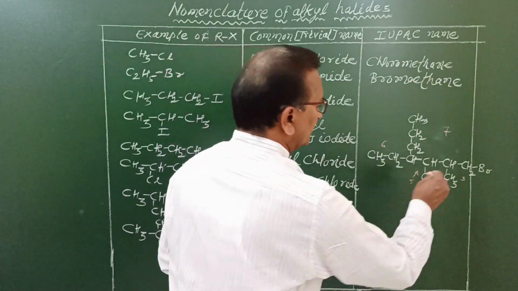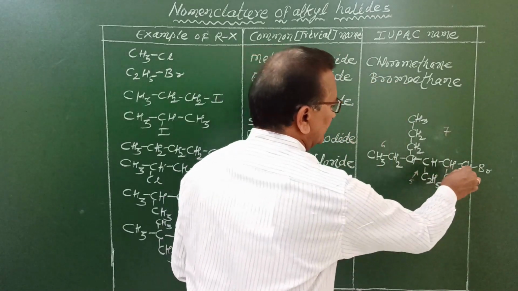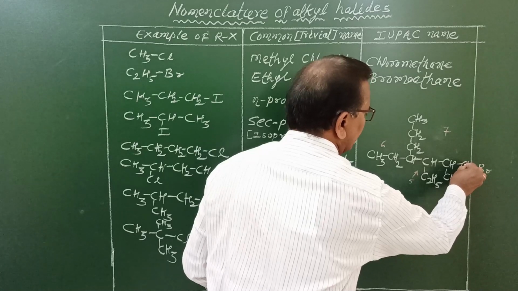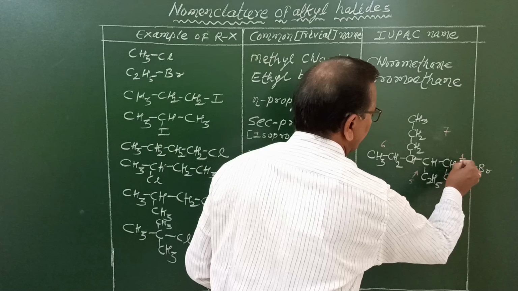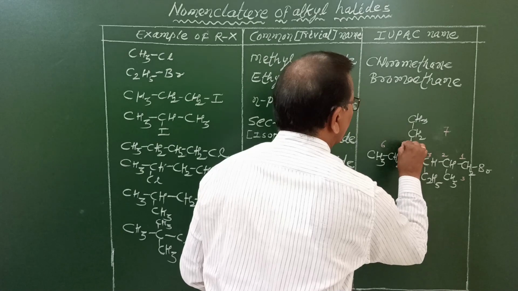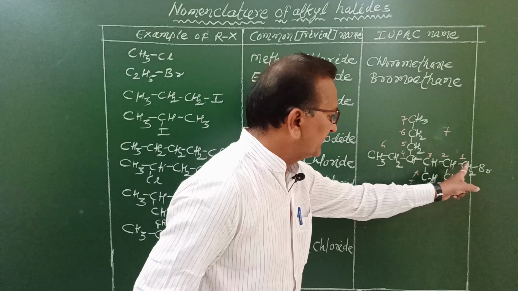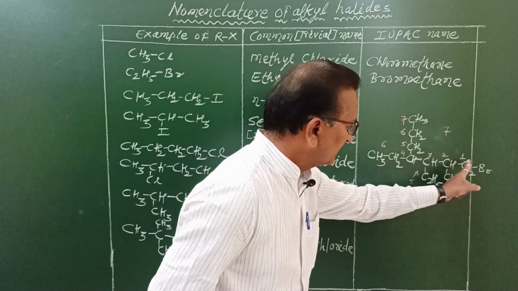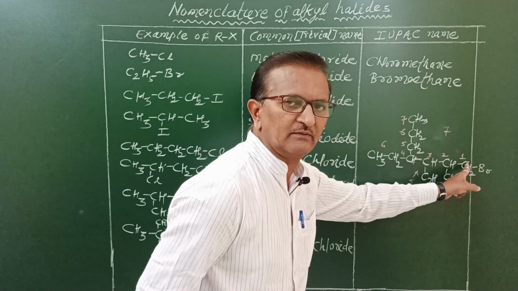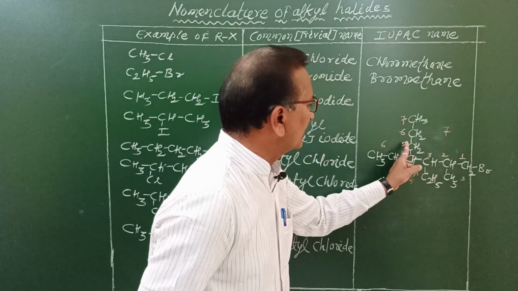Now let us see here. This is one end of the chain and this is the other end of the chain. We know that this halogen atom is bonded to this carbon atom, that means the terminal carbon atom. Therefore, we must start numbering from this carbon atom. 1, 2, 3. This is carbon number 4, 5, 6 and 7. So the numbering should be started from this end, because this end is nearest to the halogen atom, or we can say the halogen atom is directly bonded to this end. Therefore, this carbon atom is numbered as 1, 2, 3, 4, 5, 6, 7.